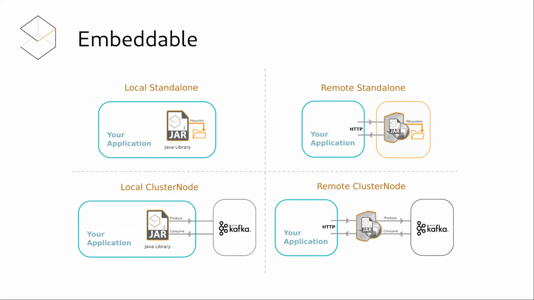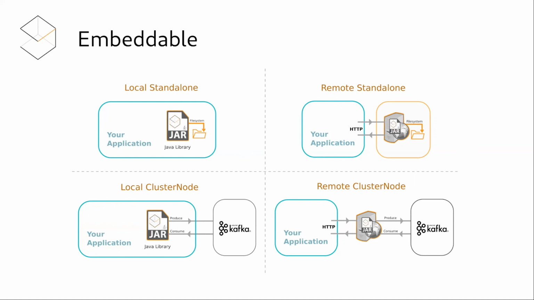Now, clearly, you're not going to want to run your entire business on a single instance, and you're going to want that resilience to do that Kafka model on the bottom right-hand corner. But you certainly have various options for how you scale and where you actually build your application. Do you want to embed Crux inside your application, or do you want it to be standalone to maintain that separation? People are using Clojure. I think it's quite a no-brainer, but for other languages, other ecosystems where you really just want to use Crux as an API, we have that HTTP API to make that happen. So lots of options there.